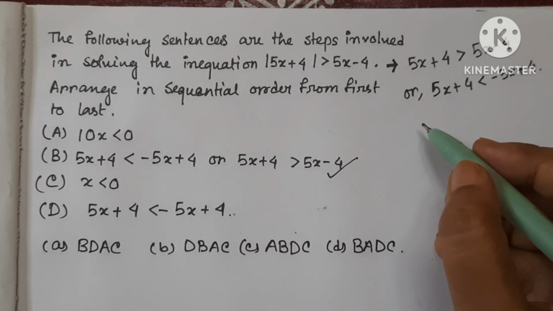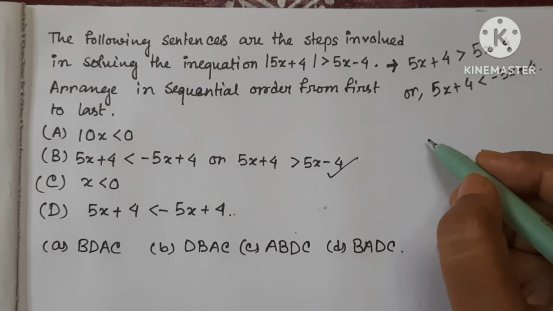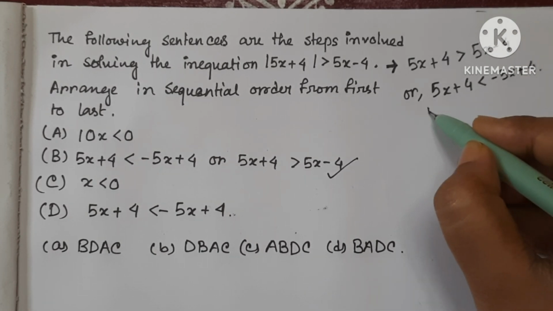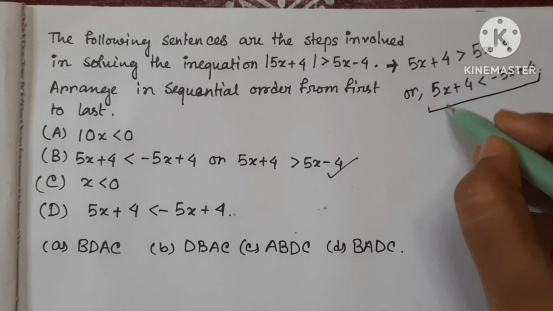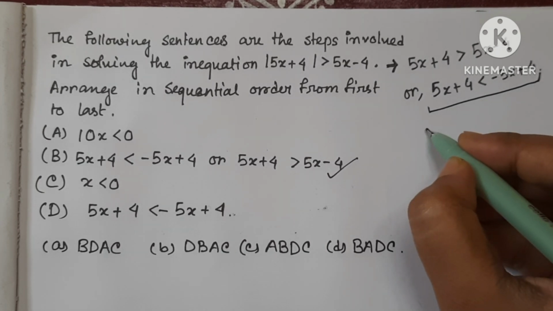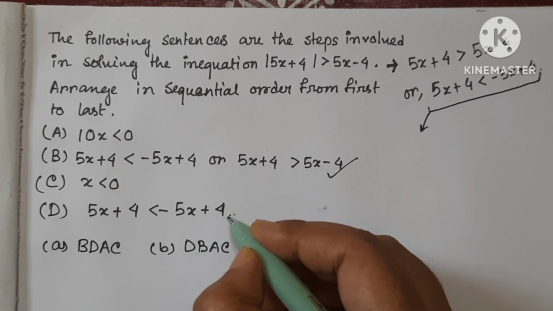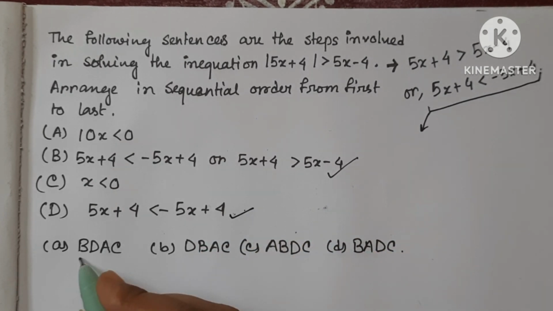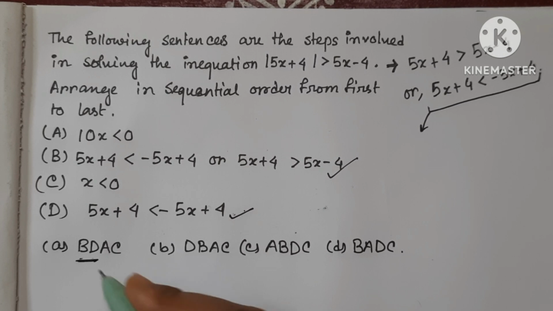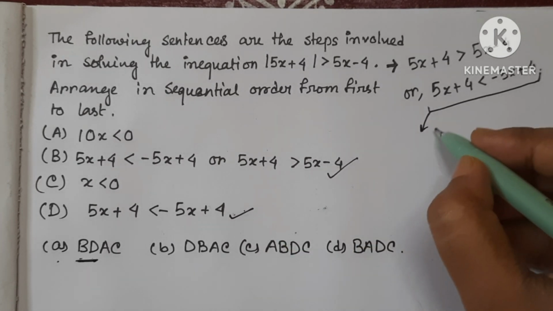Okay, now after that we will consider this one. If you consider this one, then D will be the next one. So BD, that means option A, and